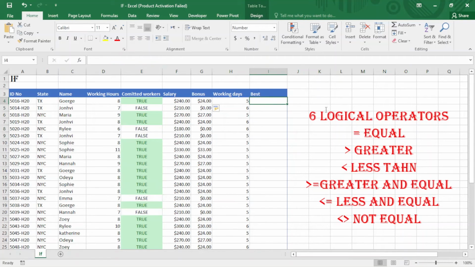So now I want to find the best workers here. The best workers are those who work more than 5 days per week. Equal sign IF they work more than 5 days per week, greater than 5,